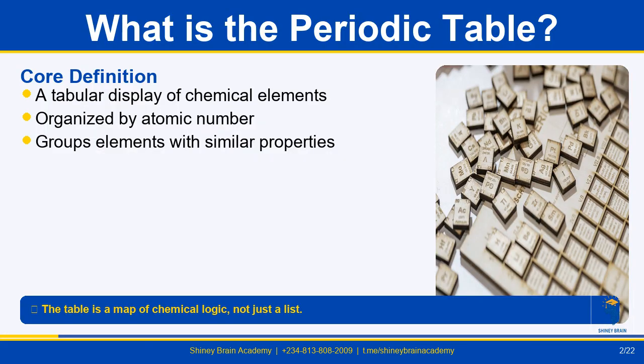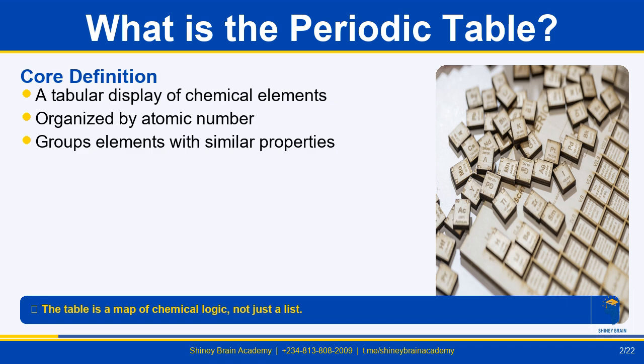So, what exactly is the periodic table? It is far more than just a wall chart in a science classroom. It is a highly sophisticated, logical arrangement of all known chemical elements, ordered primarily by their atomic number, which is the count of protons in their nuclei. This organization isn't random, it is designed so that elements with similar electron configurations and chemical behaviors fall into the